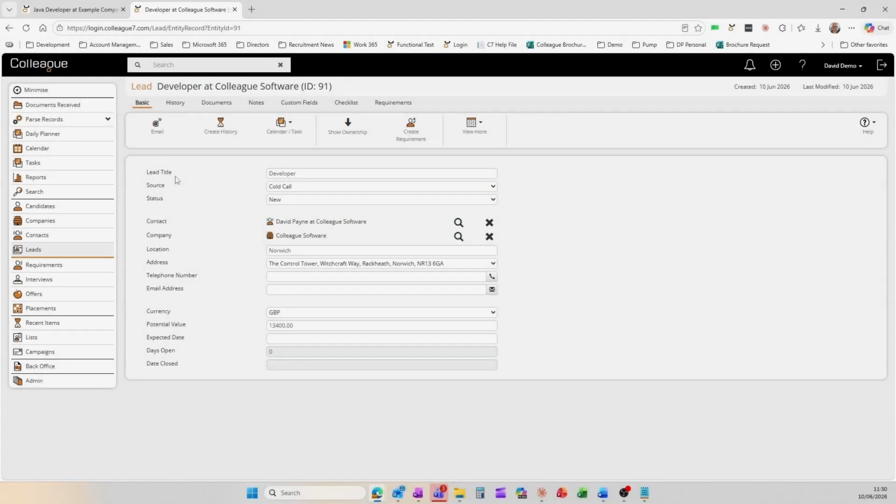Once the lead has been qualified, workflow is in place to create a requirement record. The status field can be configured to mark the lead as closed or converted. This will stop the daily timer on the days open field. Provided there is a valid company and contact record assigned to the lead, you will then be able to create